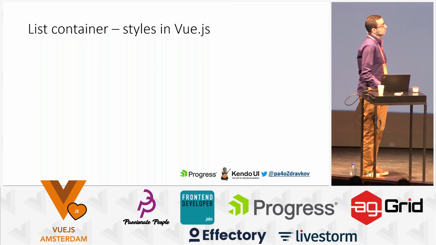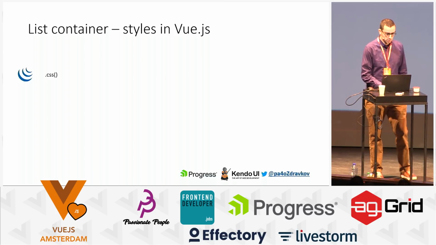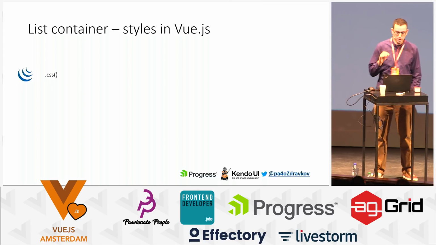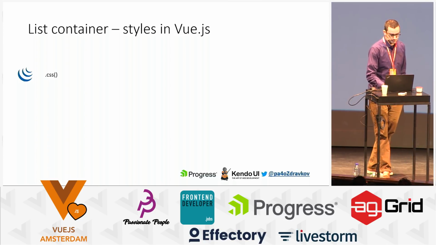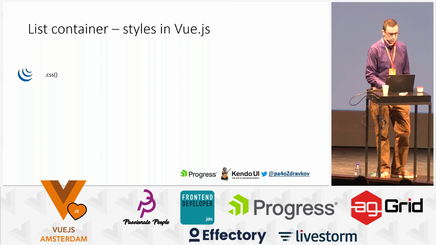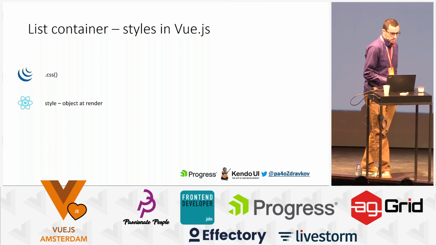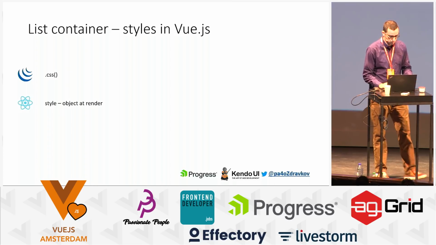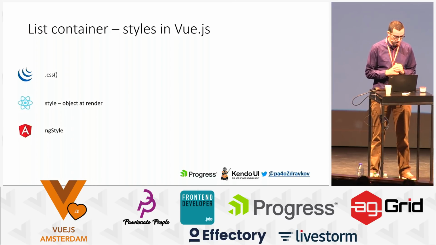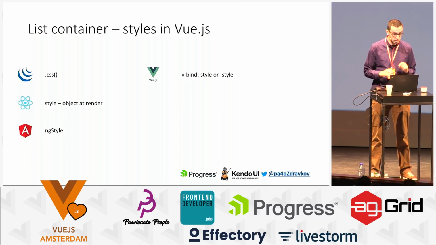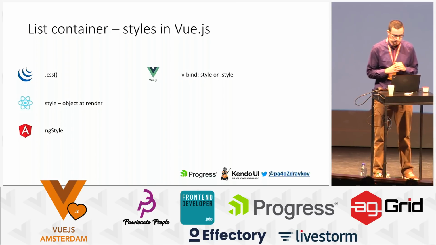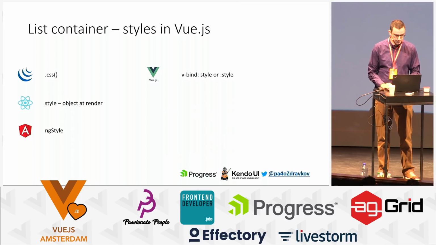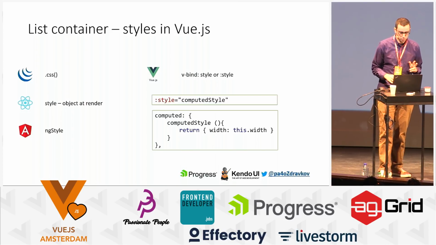If you want to add styles in Vue, it's also pretty nice and achievable. If you remember in jQuery, we had to use a CSS method, and it was very difficult in many cases. In React, we have a style object that can be added at render, and in Angular, we have ng-style. In a similar scenario, in Vue, we have v-bind:style or :style,